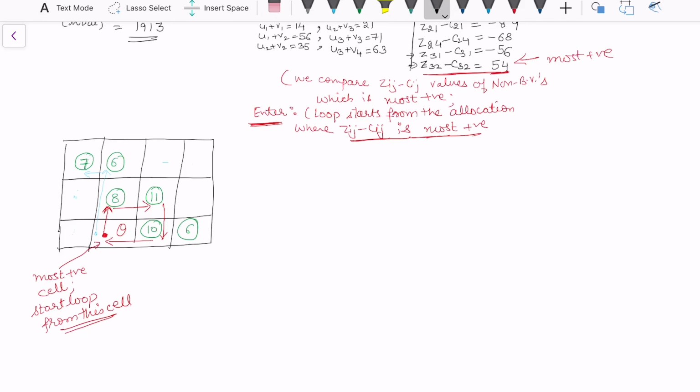So now what is theta here? How much quantity do we need to allocate to theta? So which variable will theta be? So now what is the value for theta? Theta is the minimum negative signed